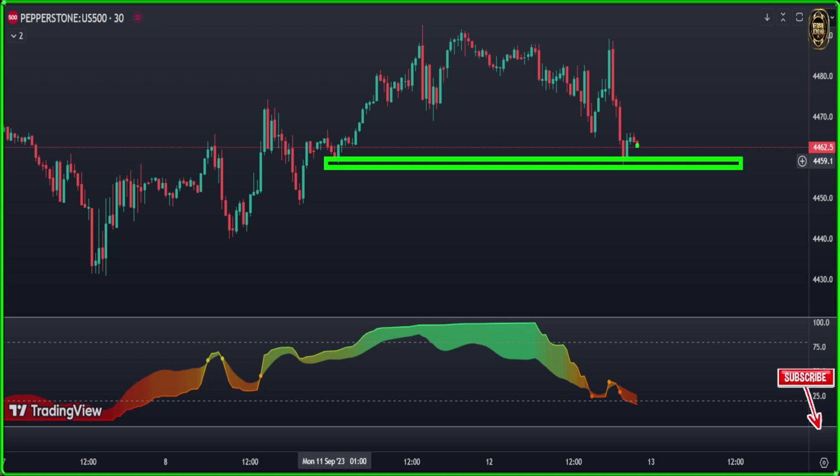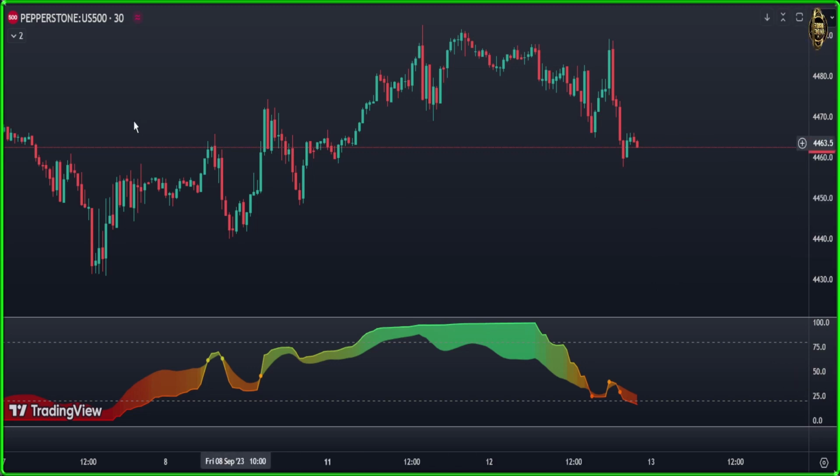Now should we enter long? Wait until the market gives you a price action. For now you don't have any price action here, so there is no long entry for smaller timeframes. In the smaller timeframes, it's telling us the market is going to fall down more than that. I think the picture is very clear here, guys.